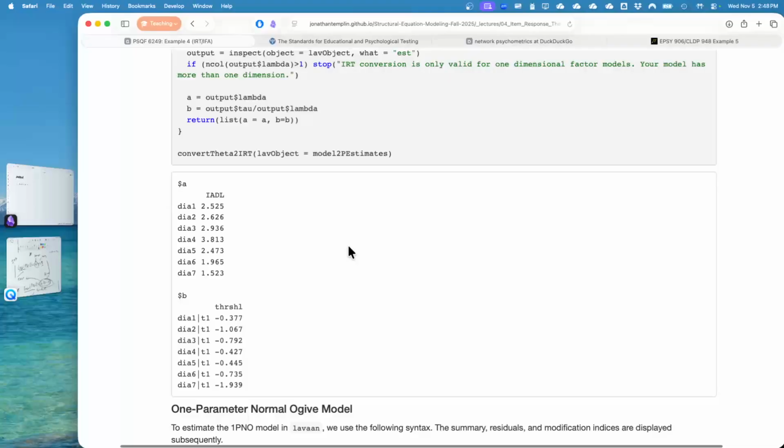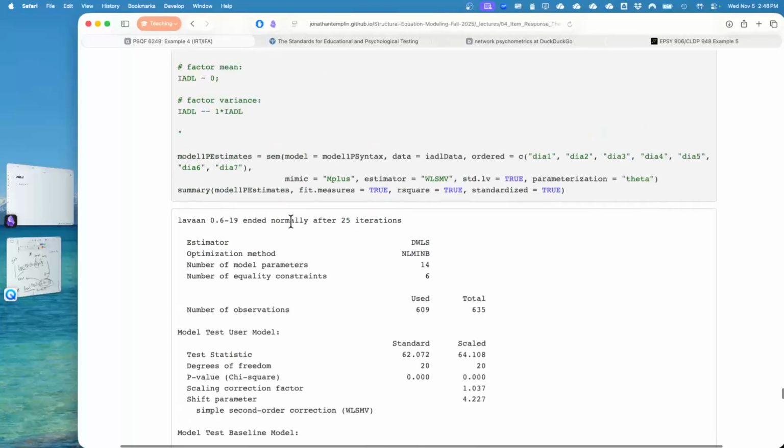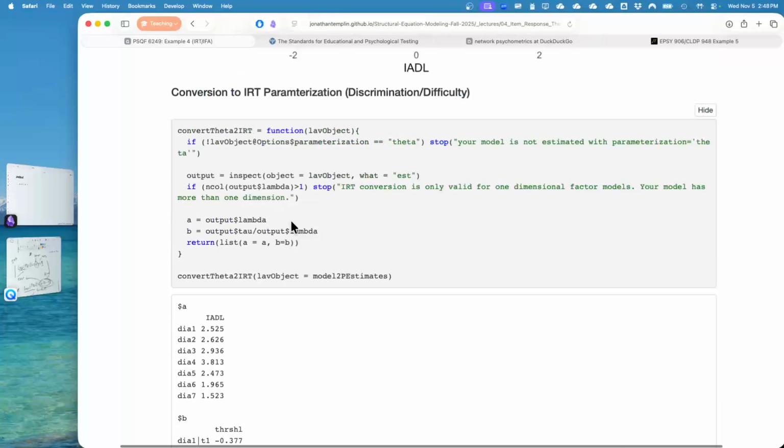If I wanted to convert to discrimination and difficulty, these are a little bit easier to recognize, especially difficulty. There's that difficulty value right there, negative 1.067. Okay. Any other questions on this abbreviated version of this lecture that Lisa gave a better job of? If you want more of this, go back to her videos. This is me just getting us reminded.